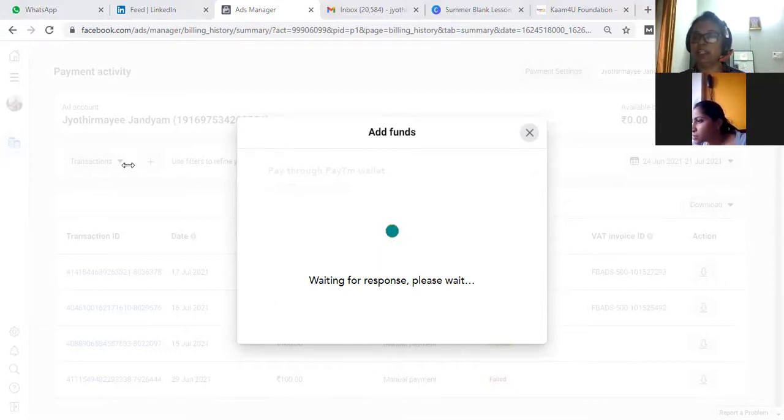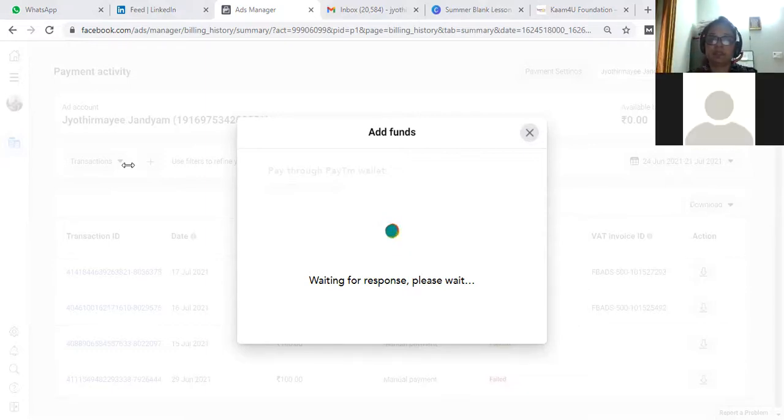Once you select Paytm and click on add funds, it will show this page. Where do I have to click for add funds? Below the Paytm. Can you send me the screenshot? First time you are adding, so it will be a little different. Now don't add the funds, I will show you later, then you can add the funds.